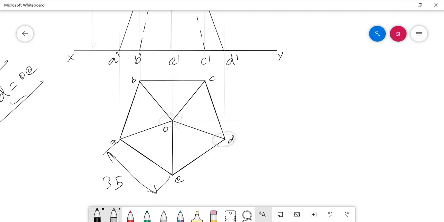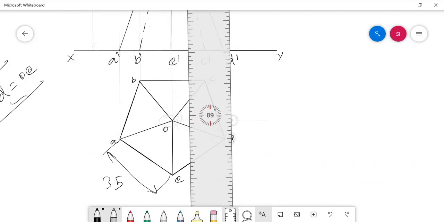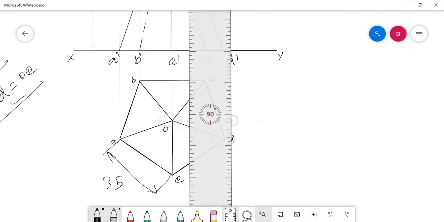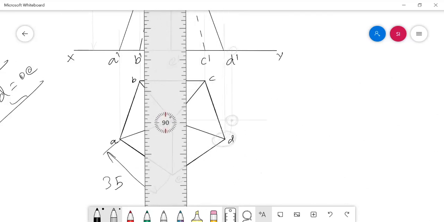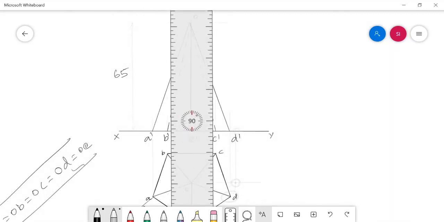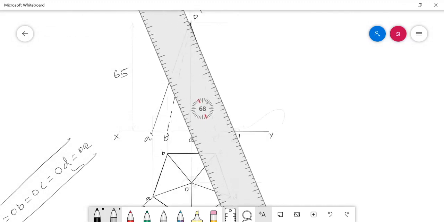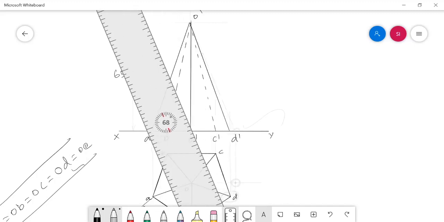In this way draw an arc towards the horizontal line. Here you will get a point, and from this point draw a line perpendicular to xy towards the xy line, and in the xy line again you will get a point. Now join this newly obtained point and the apex point of the solid in the front view. Now you will get a straight line.